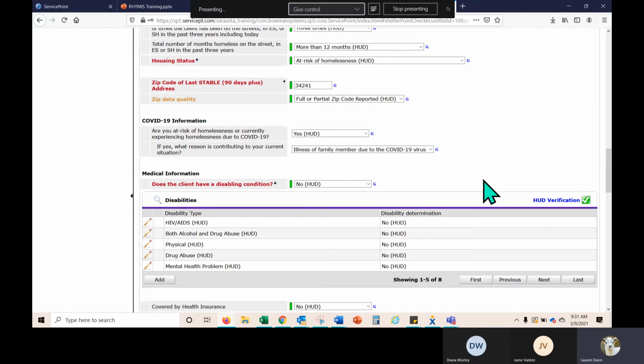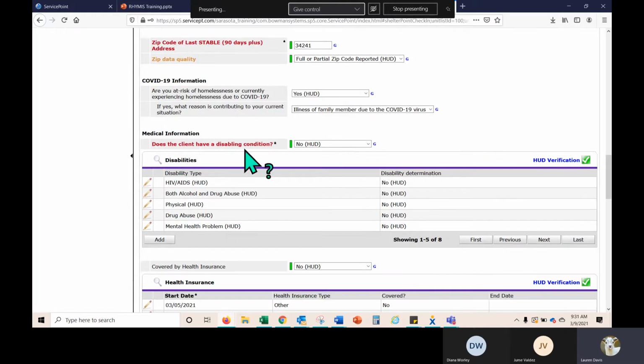How many are experiencing homelessness due to COVID-19? If we are not entering data and collecting information on this question, we cannot support that number. So anytime you see a question in here in HMIS CSIS, it is because we are asking you to ask it. It's not there for fun.